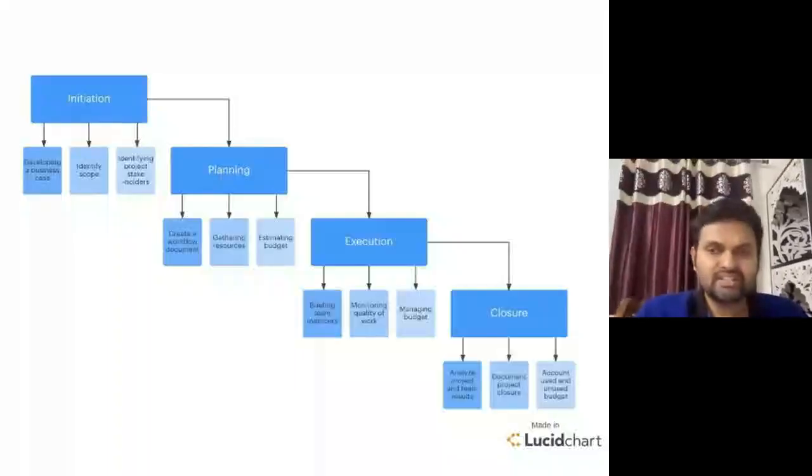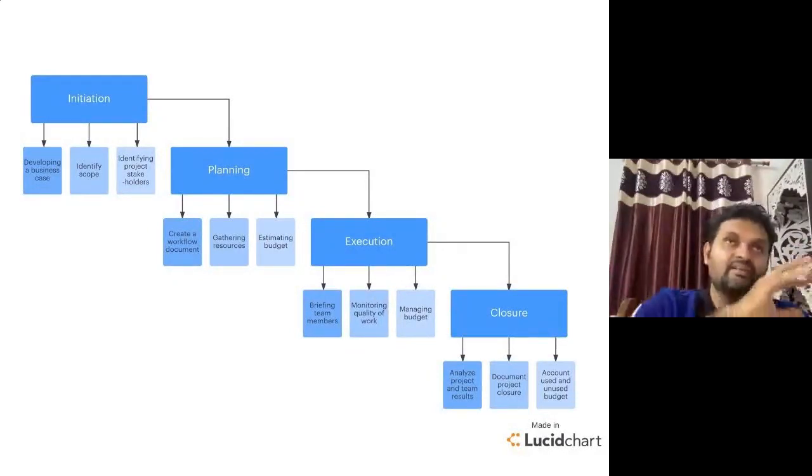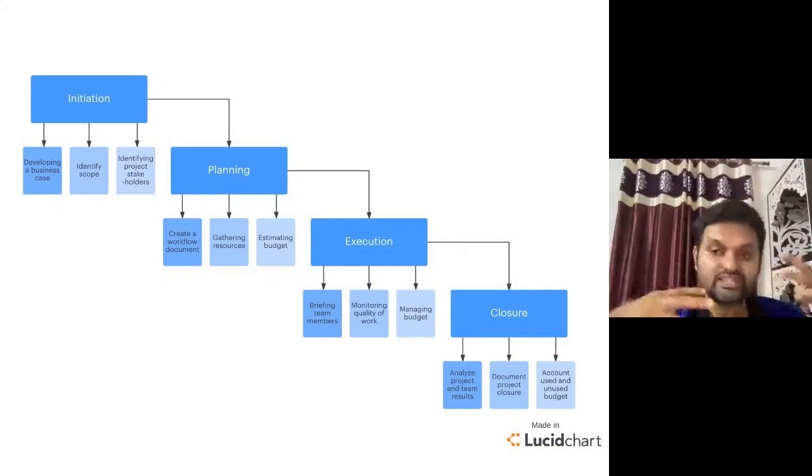Okay, so we discussed the phases, so we can go into a little bit of the sub-parts of them, starting with the initiation of the project, right? When we talk about project management, the first step is preparing a business case. Business case means, once I have decided that my project is feasible, I need to prepare a business case on what exactly is expected from my company, as per the strategic objective. We will then do scope management, meaning we identify what is our scope and what is not part of our scope.